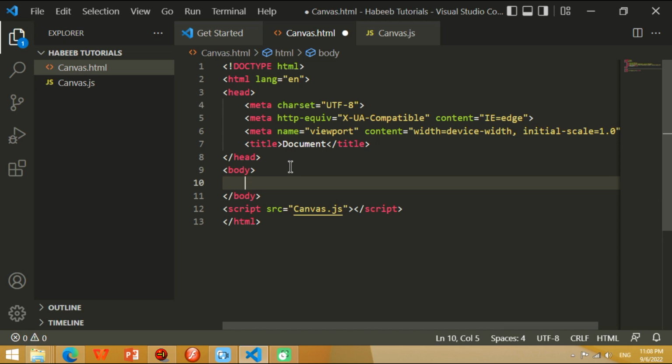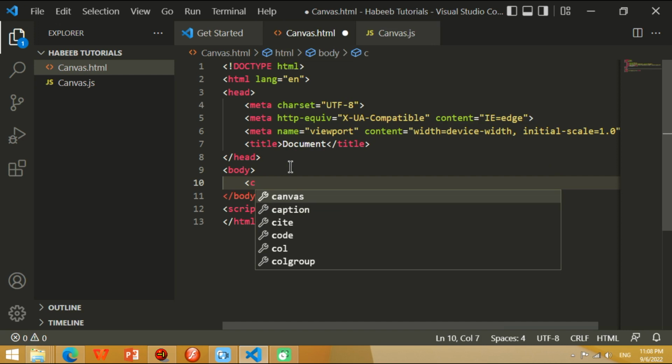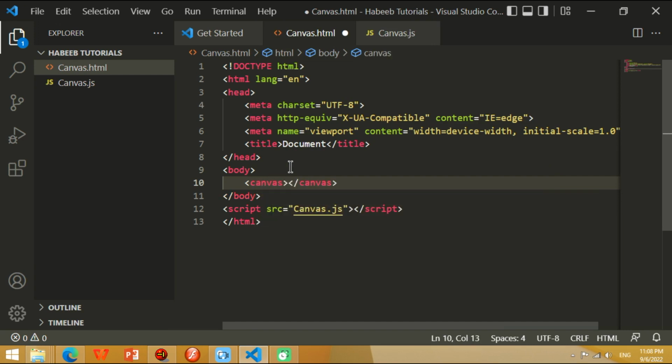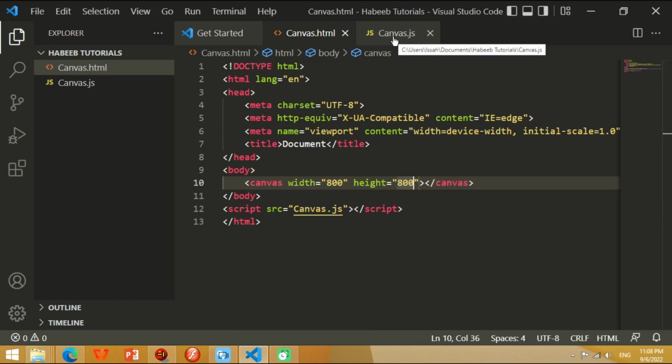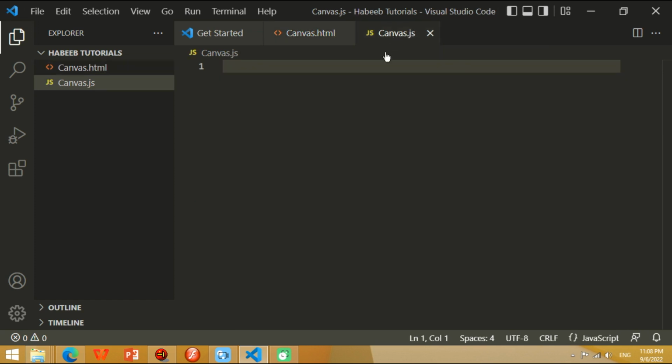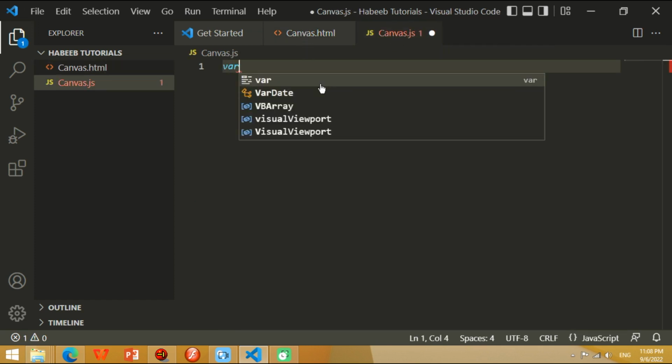Now we just need to add the canvas element. So then we write canvas. Then we set the width and height. I'm going to set the width to 800 and the height to 800. There we go. Now we go into our JavaScript file and we make a new variable, var